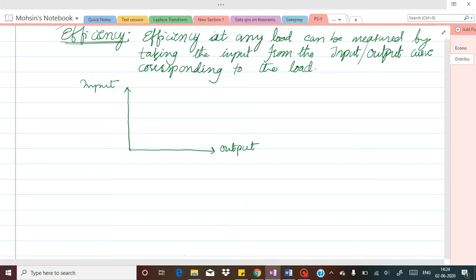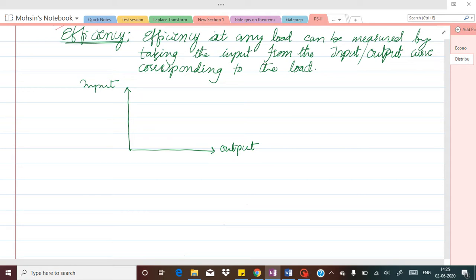The input output curve can be drawn if the input is taken as kilojoule per hour, that is the rate of fuel consumption; then the curve will be expressed in terms of the rate of fuel consumed. Similarly, if the input is considered in terms of rupees per hour, then the curve will give us the incremental fuel rate of that particular unit. This is how we represent the input output curve of a unit.